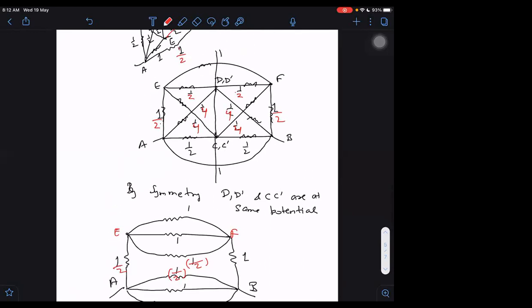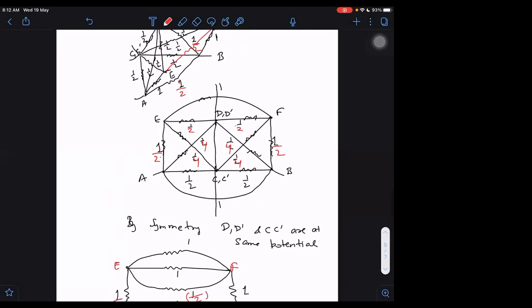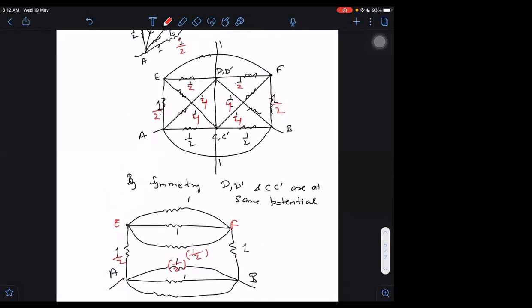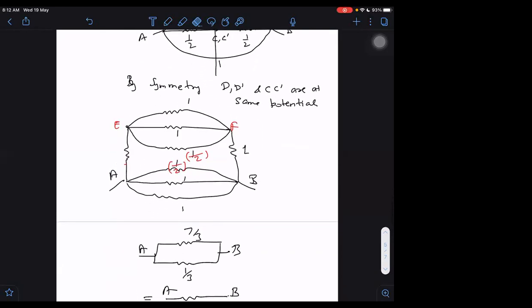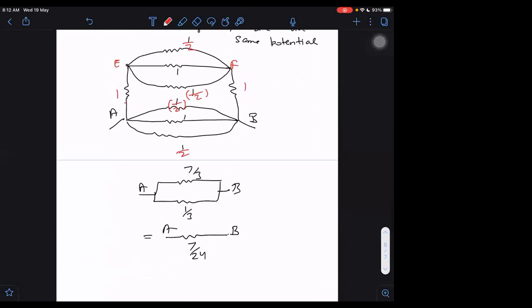EF and AB, up and down. Where is AB going, sir? Up and down curves. D is the bottom one, directly joining, right? Directly joining, sir. Not this one. This side is directly joining and this side is directly joining. So finally, there are two 1 by 2, 1 by 2.